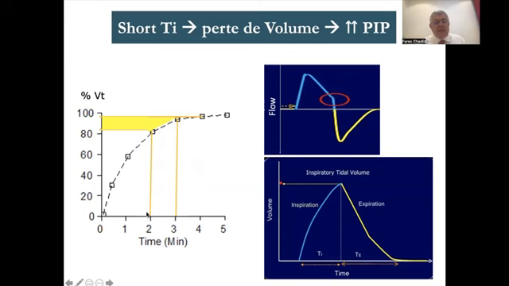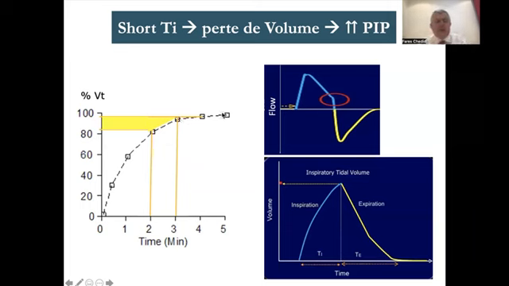You need, as you know, this is a time constant. Time constant is compliance multiplied by resistance. You need 3 to 5 time constants to fill the lung, because at one time constant we fill 63% of the lung. At 2 time constants, 85% of the lung, then 95%, then 99% of the lung. So the point is you need your inspiratory time to be 0.3, 0.35 seconds, to be